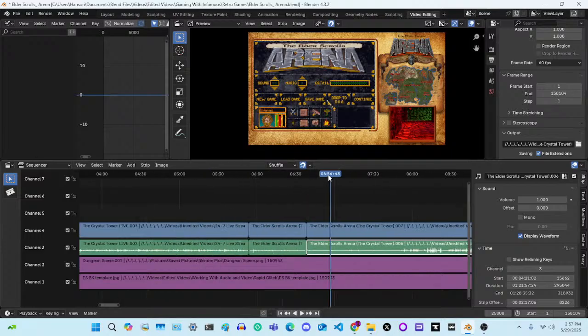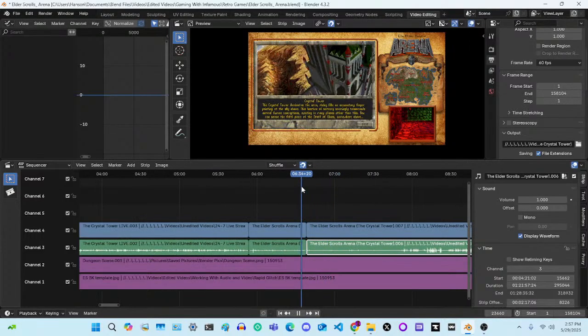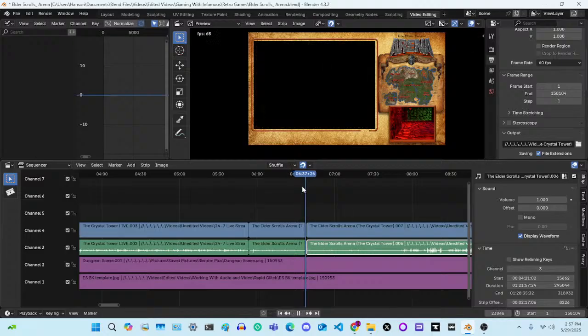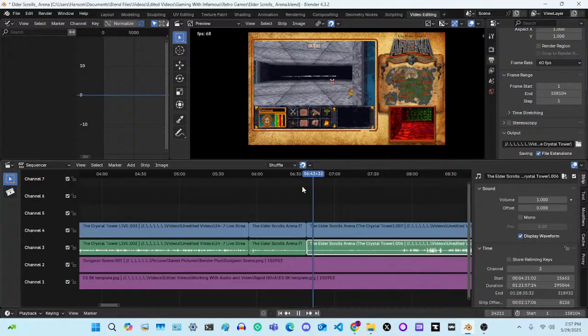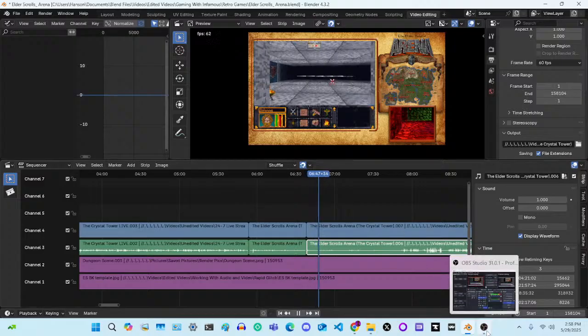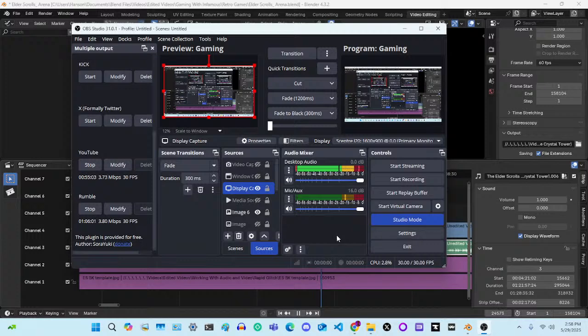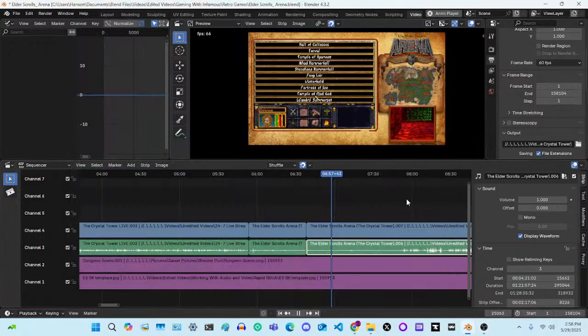Now let me just get on with this. Now we are going for the fifth piece of the Chaos staff. That is right. This is the Crystal Tower, which I am also going to save as